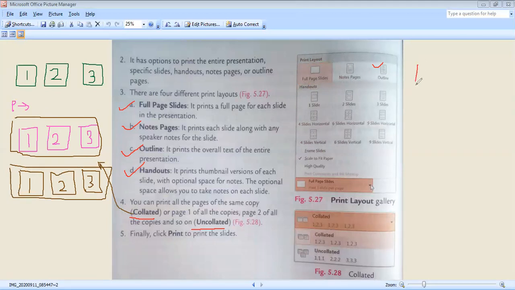Now let's look at uncollated. Suppose we again have 3 pages, page number 1, page number 2, page number 3. By pages I mean slides, so page and slide are the same.